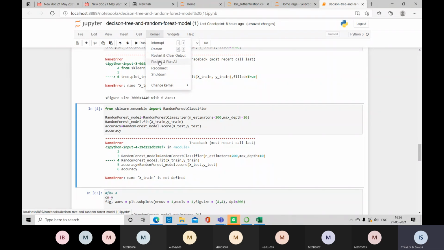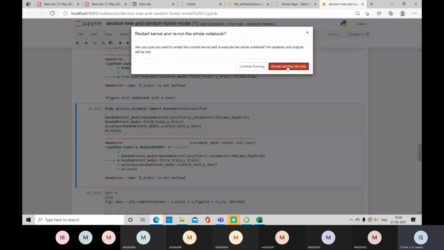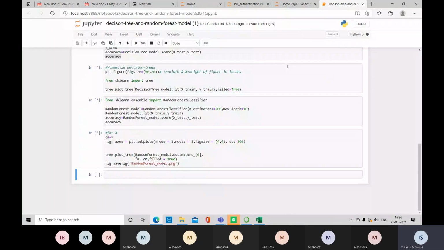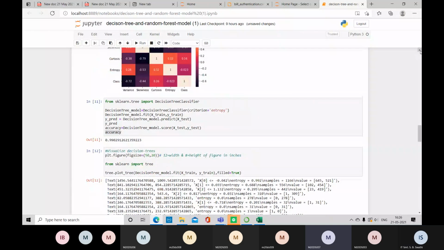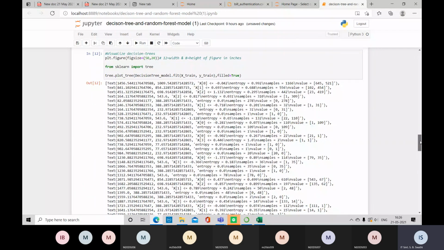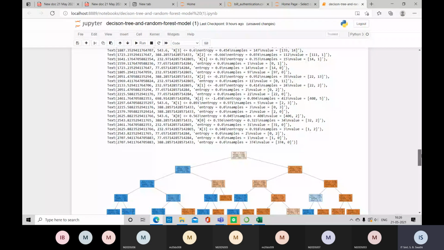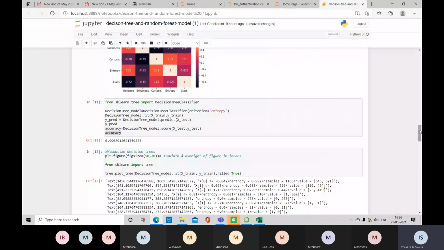Even in Google Colab, you can't run directly some 11th cell or 12th cell. Again, you have to start running from the first cell onwards. If you run from the first cell, it gets solved. Then only the total program will get activated again. Otherwise, it will go to sleep mode, whether it is Google Colab or Jupyter Notebook.